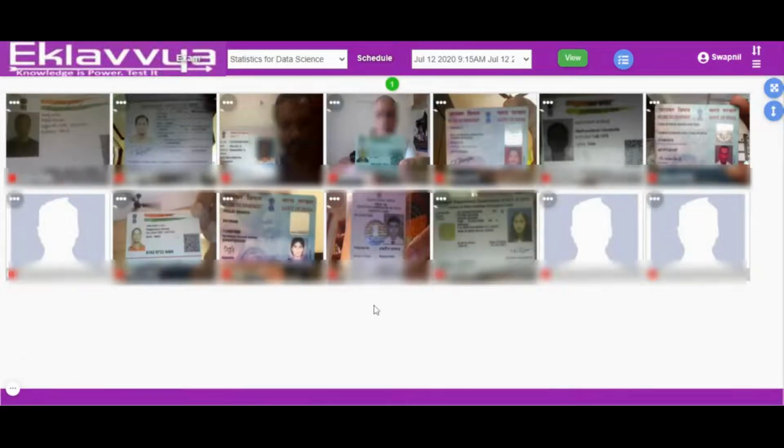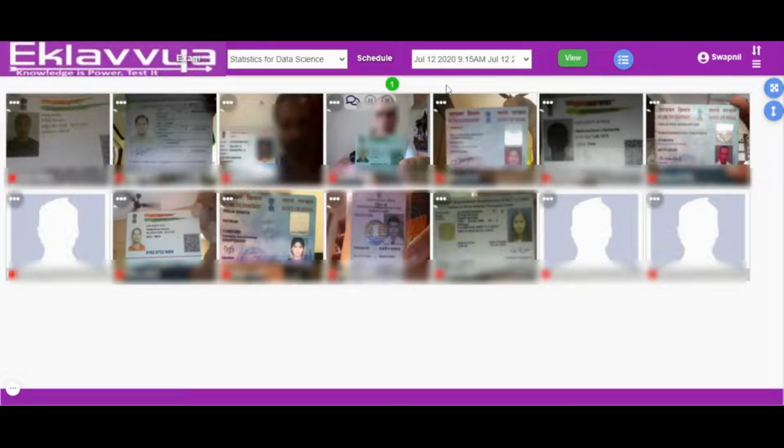So as you can see, this is the overall proctoring user interface where I can select the name of the exam and its associated schedule. I will be able to see all the candidate details, like the name of the candidate, and there are separate buttons available for the live chat or pause and termination of the exam.